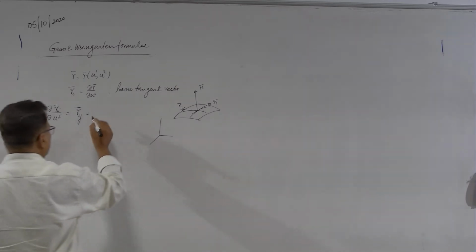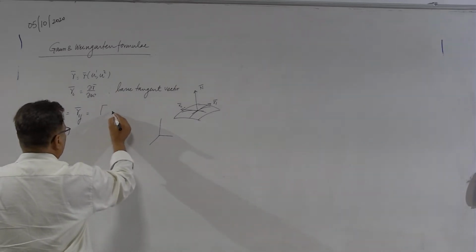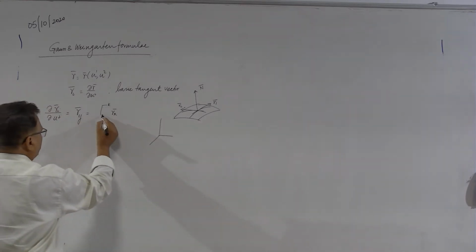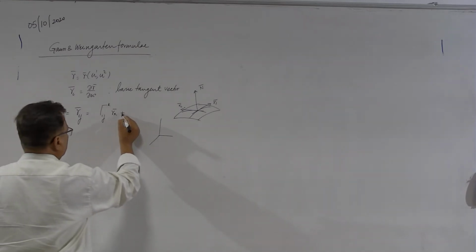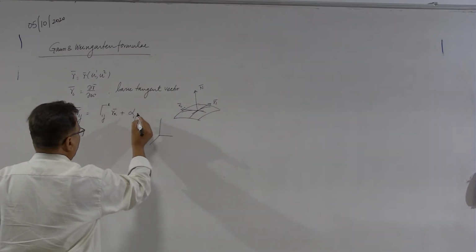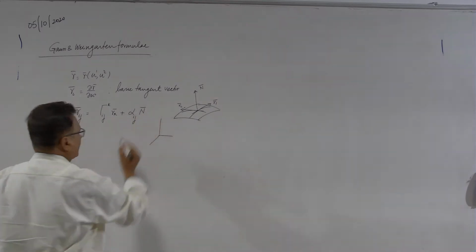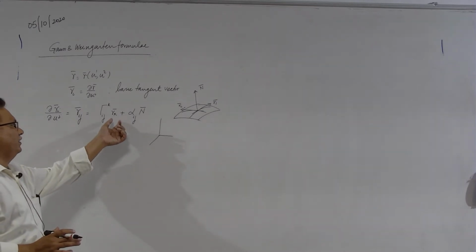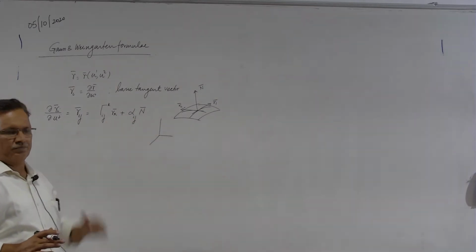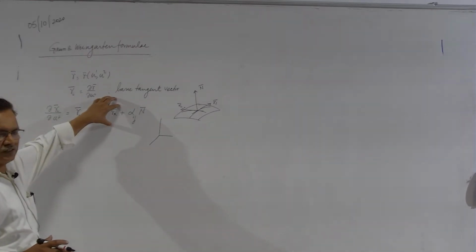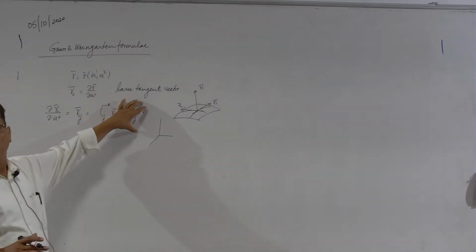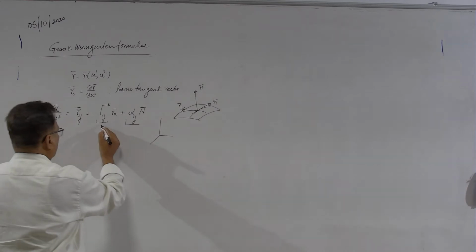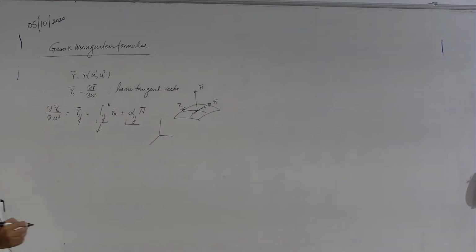So, I expect that this would be a vector which is a linear combination of R_k, with coefficients corresponding to these i, j, plus some other coefficient alpha_ij into n. So, we are writing just a linear combination on the right side of tangent vectors and normal. This part is tangential to the surface and this component is normal to the surface. Now, these are certain coefficients.